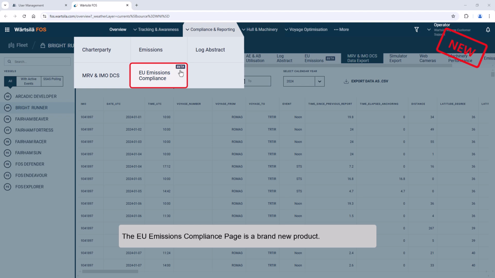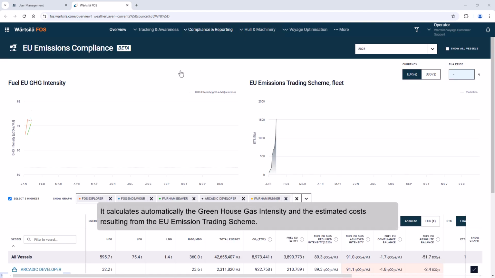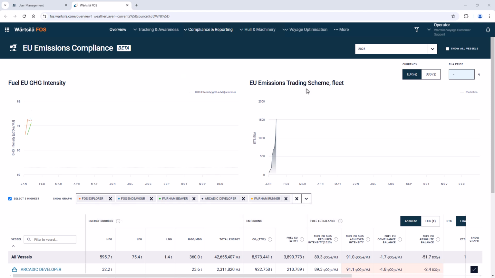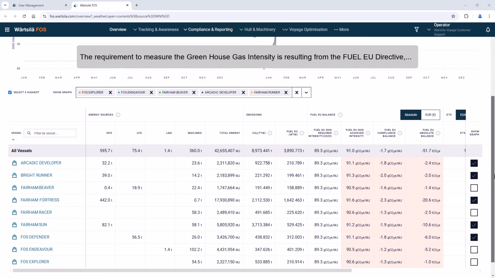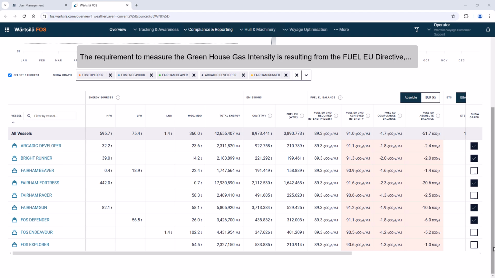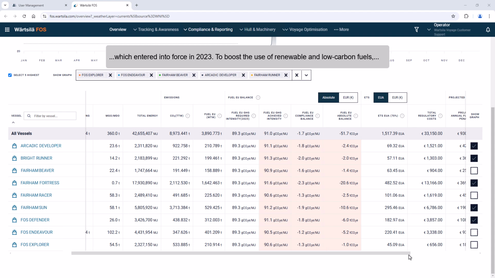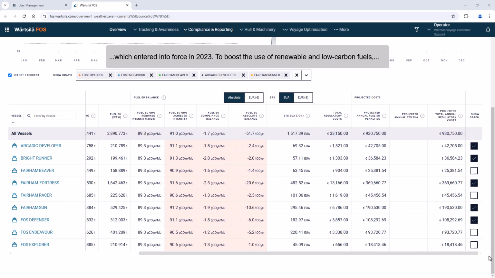The EU Emissions Compliance page is a brand new product. It calculates automatically the greenhouse gas intensity and the estimated costs resulting from the EU Emission Trading Scheme. The requirement to measure the greenhouse gas intensity results from the Fuel EU Directive, which entered into force in 2023. To boost the use of renewable and low-carbon fuels, the greenhouse gas intensity should not exceed the limits defined